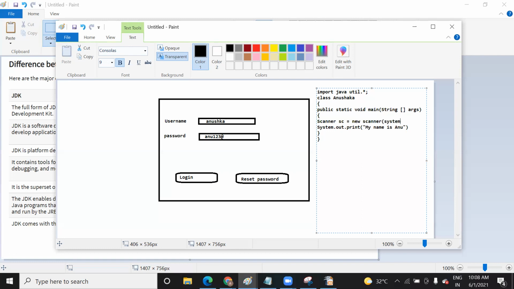This we use in Java in order to read the value from a user. In order to use this line, you need to have this library added in your code. That is why I'm telling you the term binding. Once you import this library, it will authenticate this instruction, validating that you are now ready to use this line in your code. If you don't use this, it will give an error that you need to import this library.